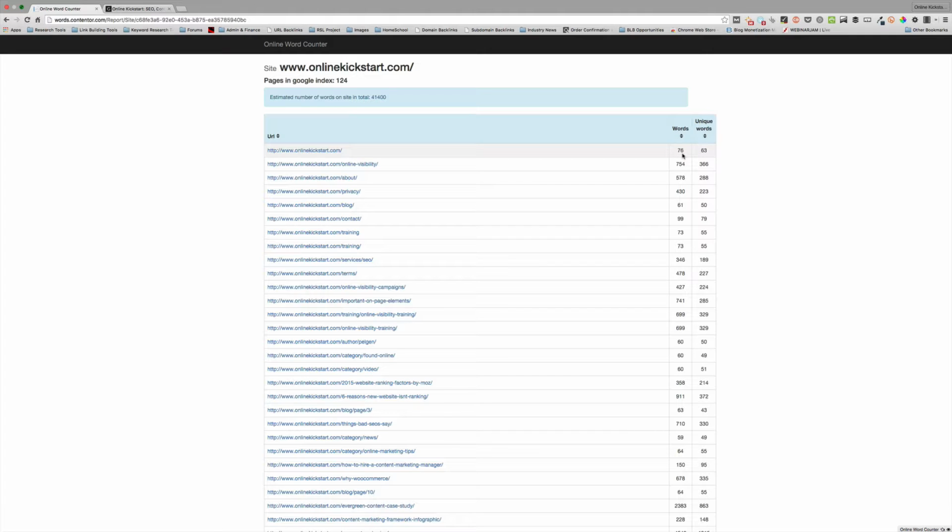So what's important here is that you can see that the unique words on some of these pages is actually quite low. The generally accepted number, and it's just a generally accepted number, your own site may need different amounts, is around 350 to 500 unique words on a page to make that page comprehensive. And what you want to do here is, the big thing is to focus on your pages that you want to rank, your service pages, your home page, and your category or product pages in your e-commerce website. And you can see I've got a few pages here with low numbers, 73 words, some with more, obviously 346